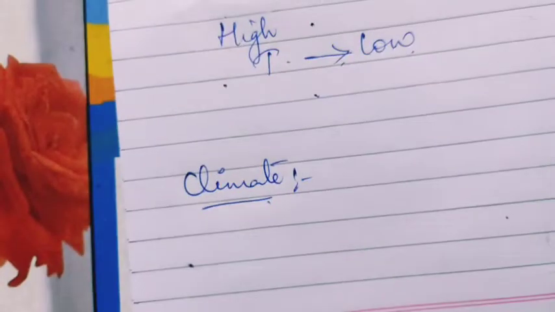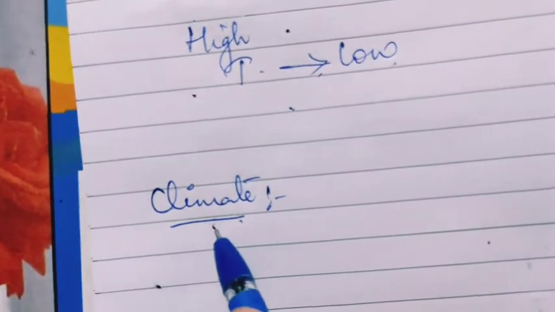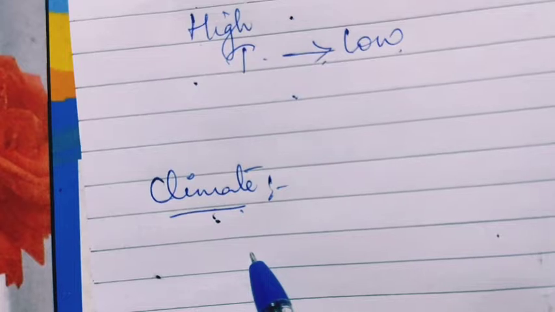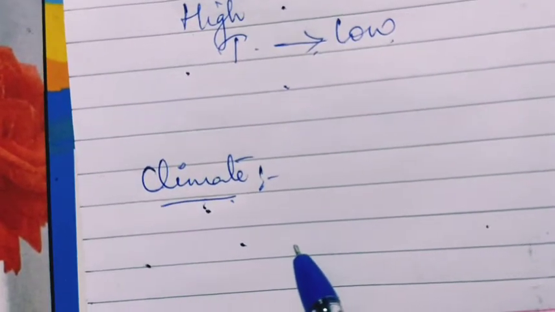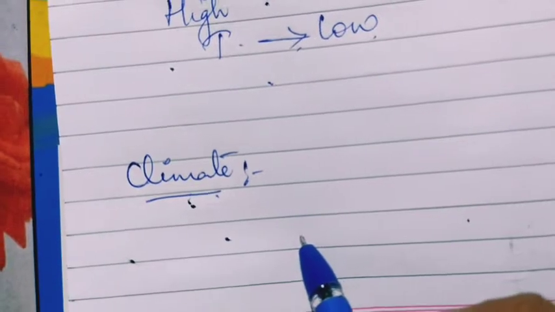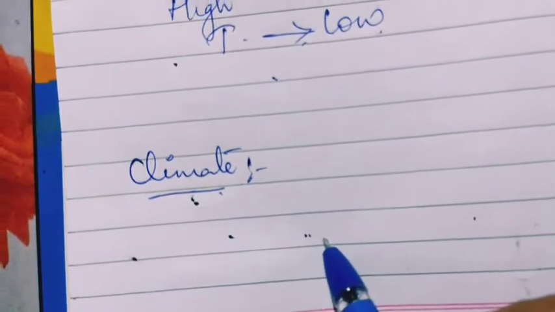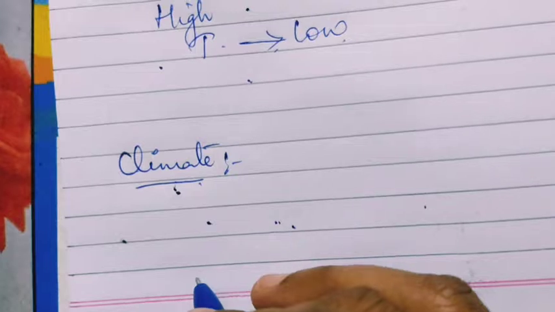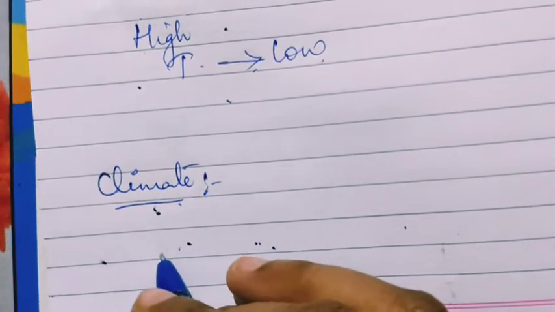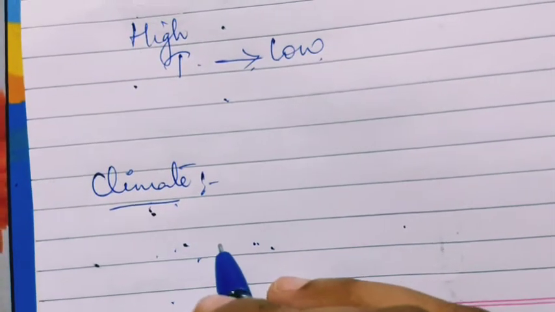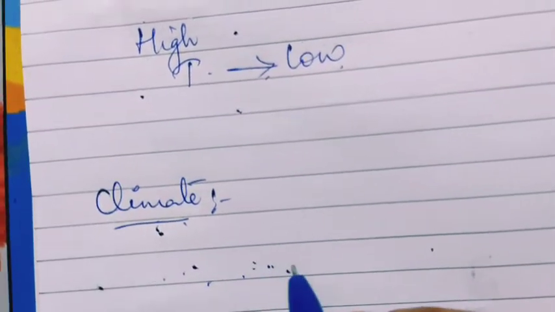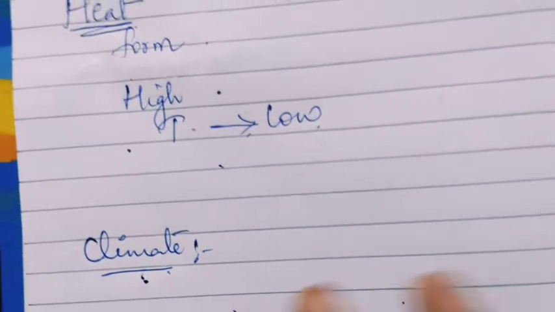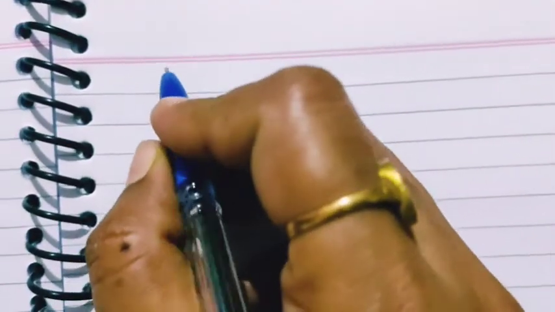Next is the topic climate, where if the same weather reoccurs periodically at a place, it is considered as the climate of that place. In the weather report, you can see the sunrise, sunset, rainfall, winds, and the sky. These are called the weather aspects. Next, we'll see some of the instruments we can use to record them.